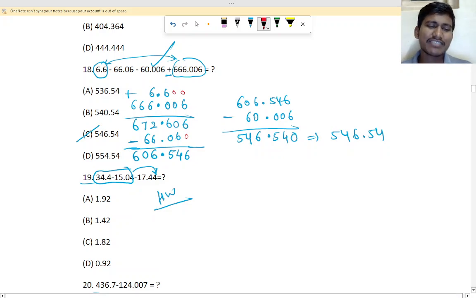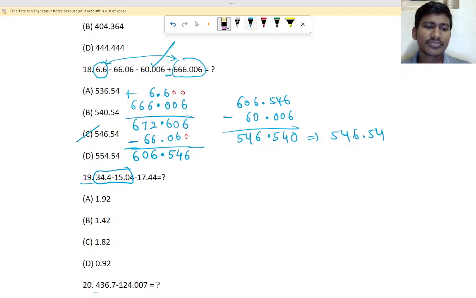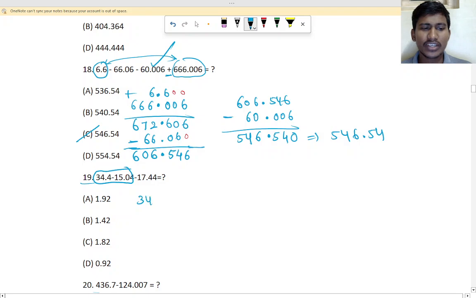Shriya, it is very easy. I told you first we have to subtract these two, and then subtract the answer from that. First you subtract these two: 34.4 minus 15.04. If there is nothing, we write 0. 0 minus 4 is 6. So 3 will be remaining here, and the point as it is. 14 minus 9 is 5, then 9. 2 minus 1 is 1. So you will get the answer 19.36.